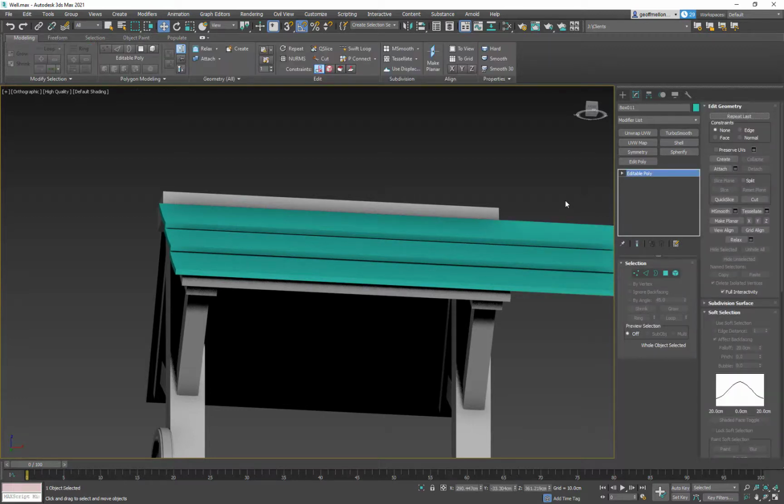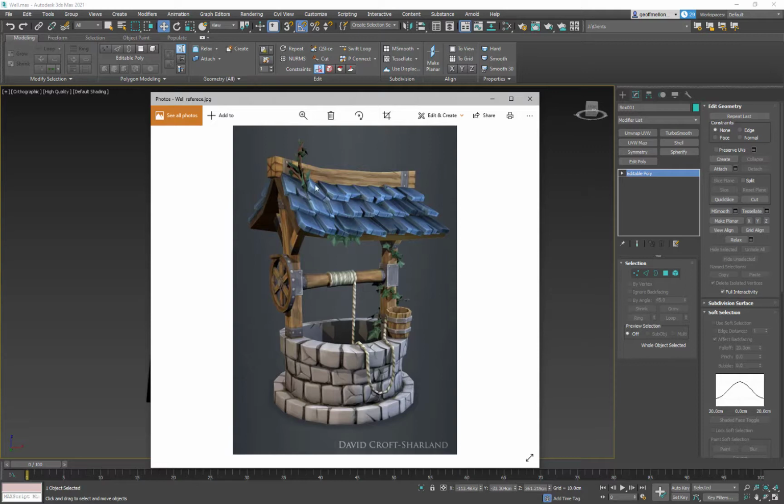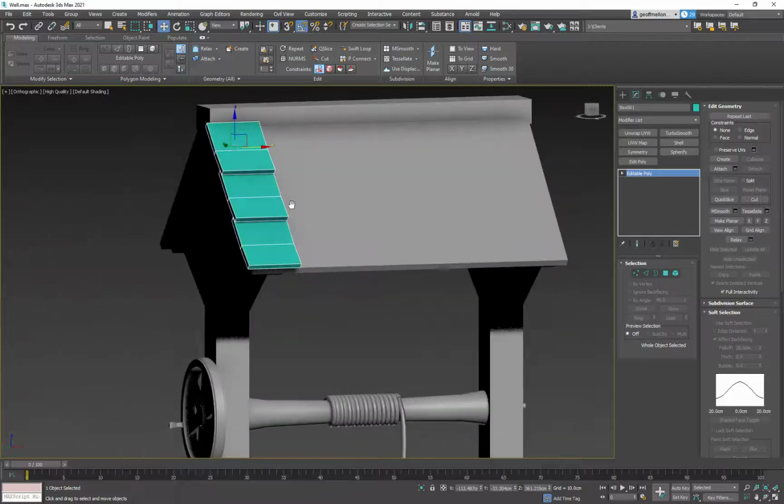So we're going to do it a little bit different because we want those tiles in the version he has, they tilt over each other. So the big thing about tiles, and if you ever worked with somebody who did roofing jobs, they have to overlap each other from the side and from the top and stuff like that. So we're going to try and make them tile so they all go underneath. Everything goes on top of the layer we just put down, and then they tilt downwards on the next, and so on. And this is a small array, so it's not a big deal, but you know,